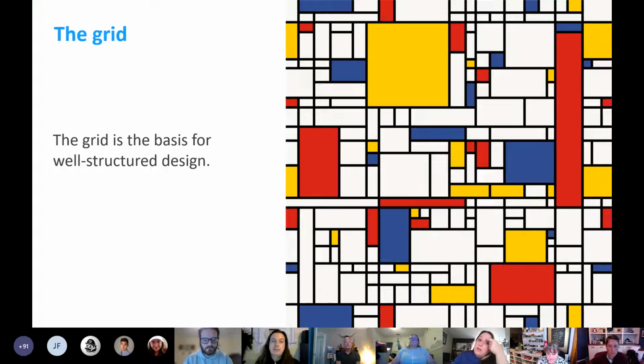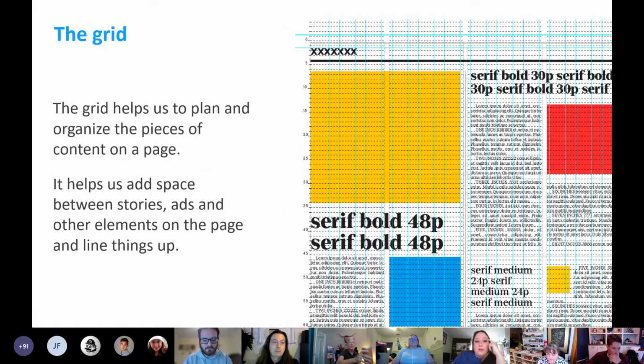So the grid may not sound like the most exciting topic to start out with, but it is one of the most important ones. It is a tool that we all use as publication designers. Just like the artist Piet Mondrian, whose painting was in that previous slide, he often used grids to organize geometric shapes in his paintings.